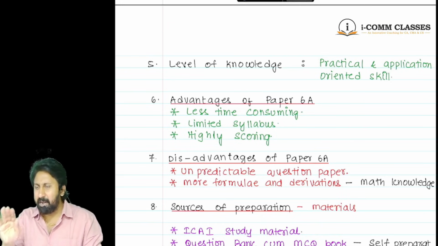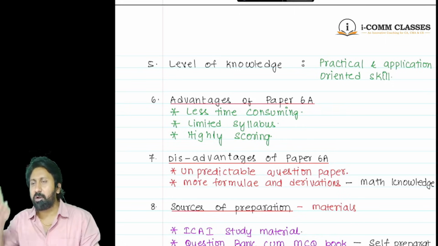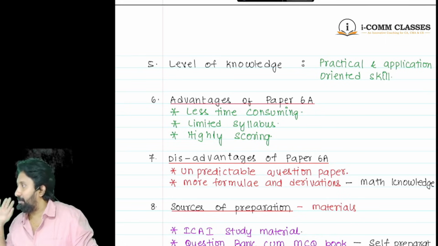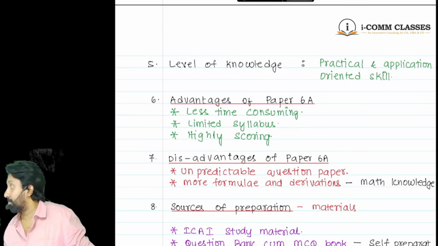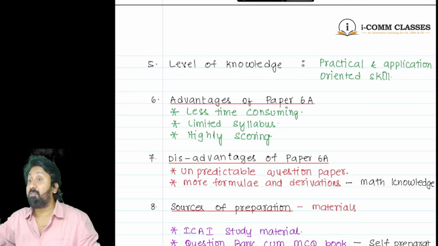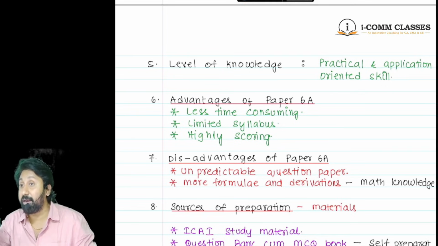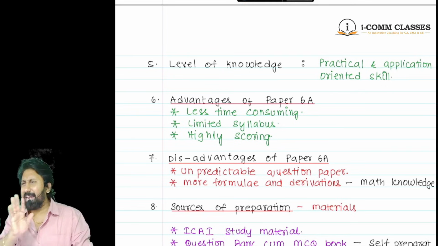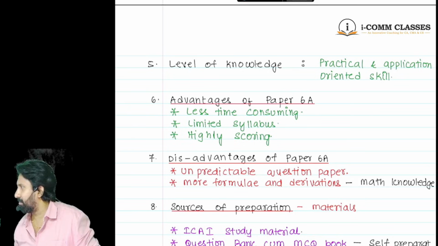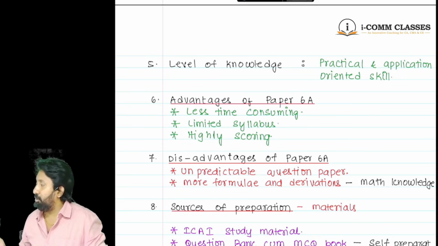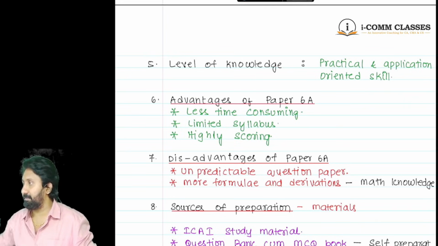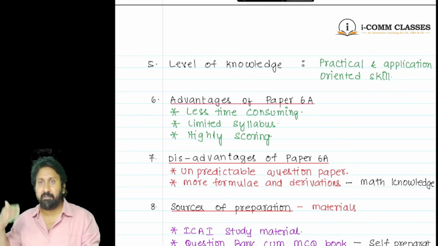So in simple language, what knowledge is required for FM? Expert knowledge is required. What knowledge is required? Loudly. In CA Foundation you require working knowledge. If this is the question, how to answer, that's all. Up to there if you learn, it is over. But here you need to have some expert level knowledge. Finally, you need to have professional expertise. Clear? The level will increase much more.